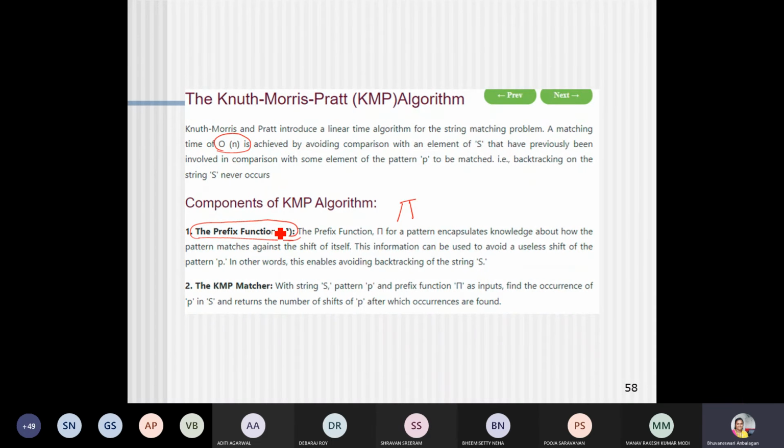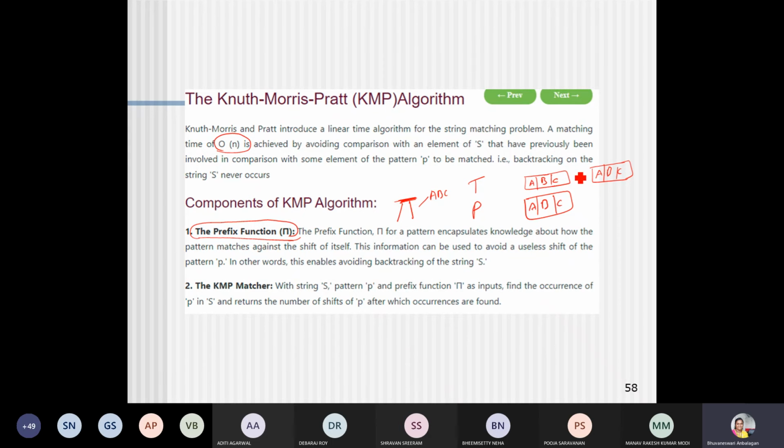Given the text and the pattern, suppose it identifies a set of patterns, for example A, B, C as the previous pattern which matched. If the same ABC is available again, the prefix function has the knowledge that it has already seen ABC in the text, which has already matched.